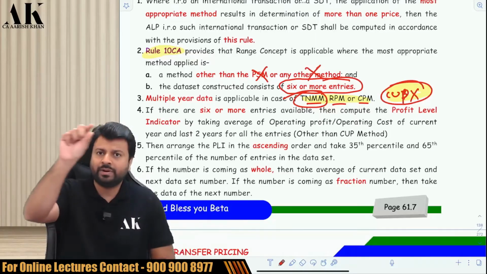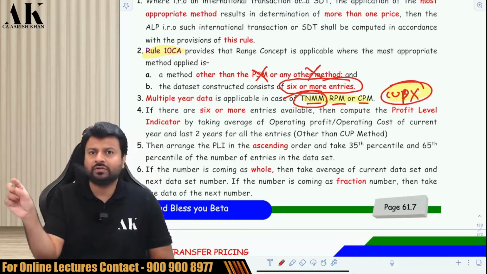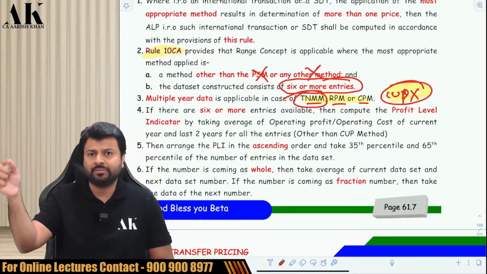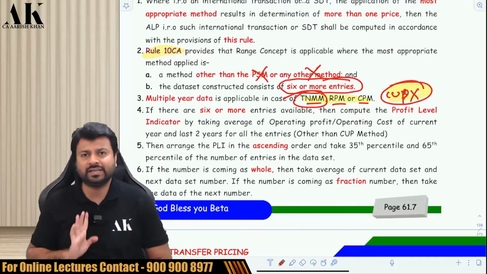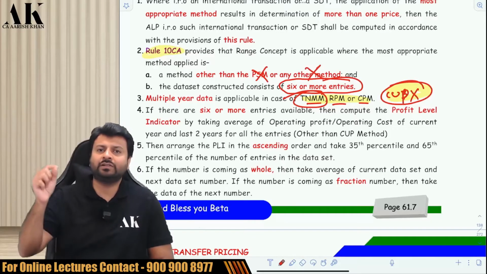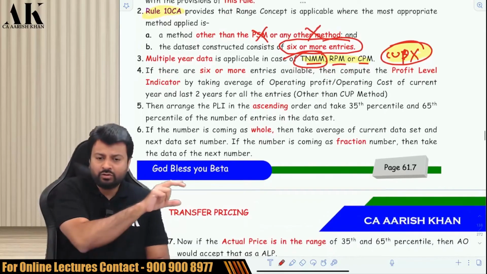I have to add the operating profit of all the 3 years and operating cost of all the 3 years, and then I will get operating profit upon operating cost of all the 6 companies in front of me. Now I have to find out the percentages of all of them. Once I find out the percentages, I have to go down and arrange them